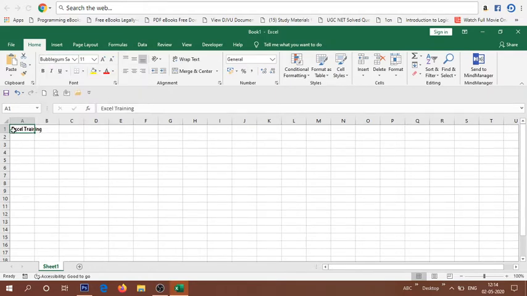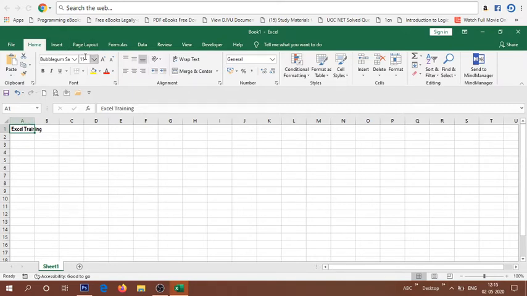So the content that I had typed changed to Bubblegum Sans. This is the name of the font that I have applied here. By default it was Calibri, and now I have changed it to Bubblegum Sans. So this is how we can change the font style, and similarly we can change the size of the font.